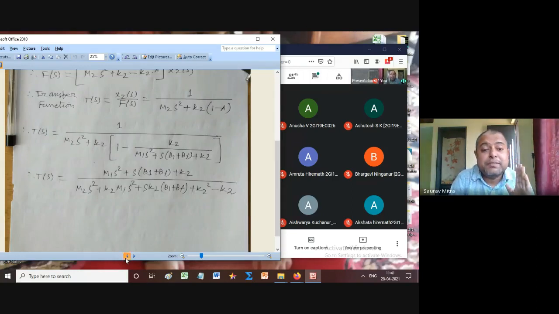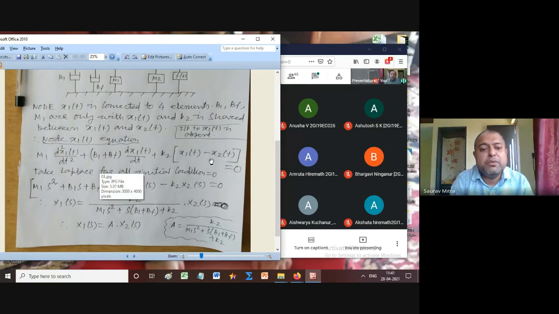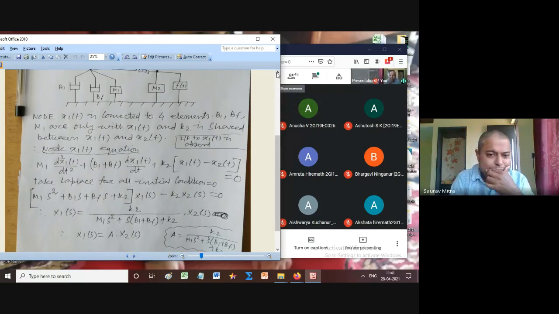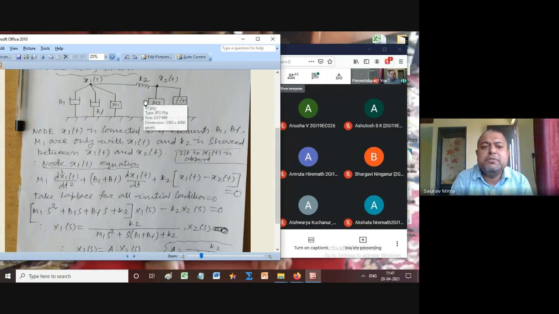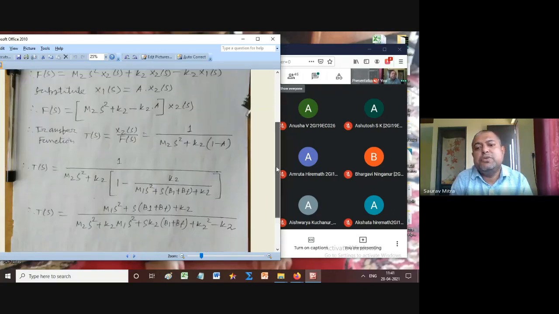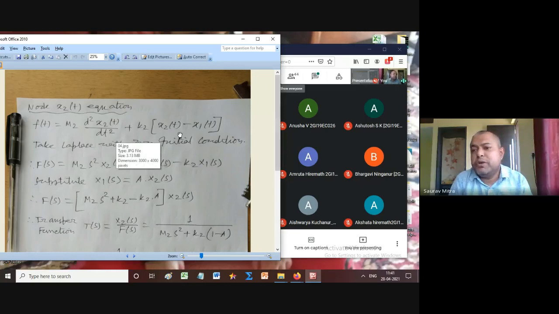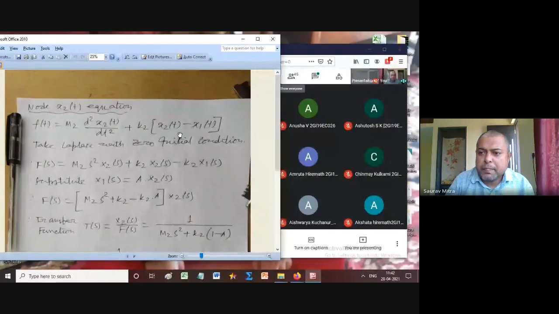What is the main thing? There are two main things. In this first main equation, there are three things you have to do. First, you have to write the free body diagram. This is your first job. Second is writing this x1 equation, and next is writing the x2 equation. So these are the main three jobs, because we generally give you a two loop circuit. First job is to draw the free body diagram, second job is to write the x1 node equation, and third job is to write the x2 node equation. That's all. These three things we are doing, it is done.